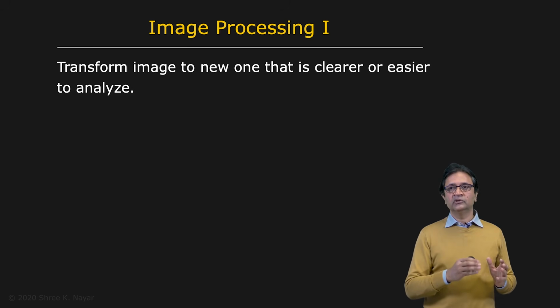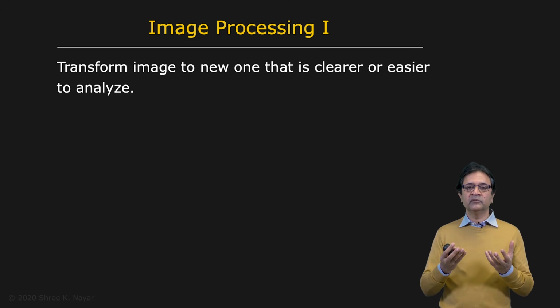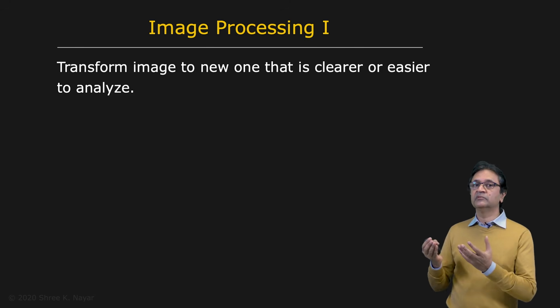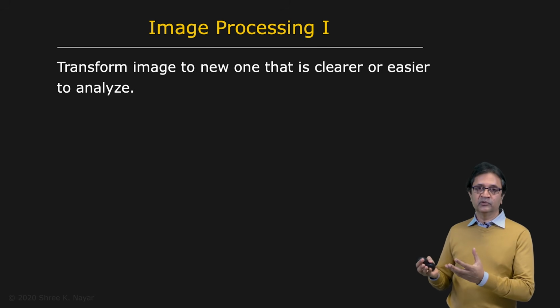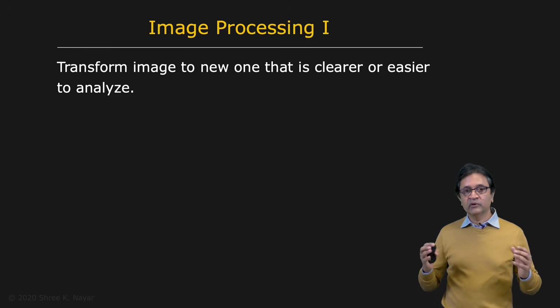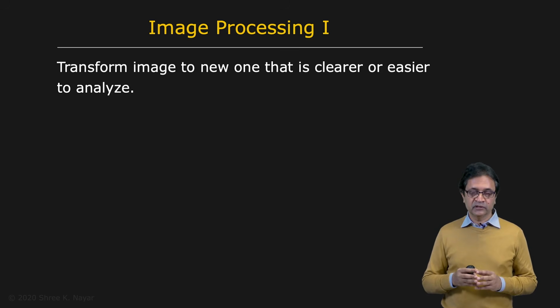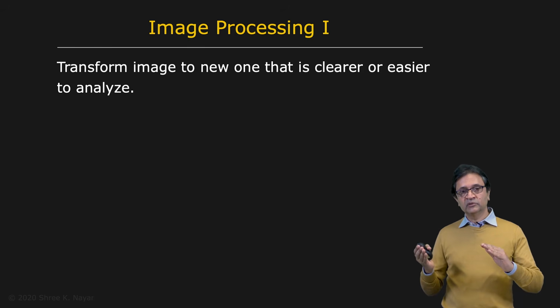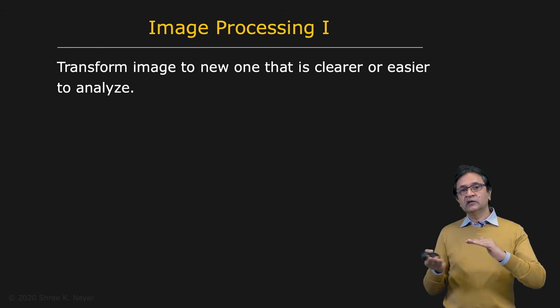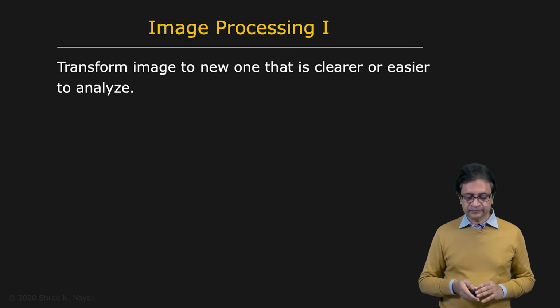And then you also have the problem of recovering information from the image that is more salient to the problem that you're trying to solve in computer vision. For instance, you have the image of a scene and you may want to enhance the edges in the scene, or you may want to enhance the corners or other interesting points in the scene. This can also be done using image processing. So image processing tools lie under the hood in any computer vision system and are extremely important.